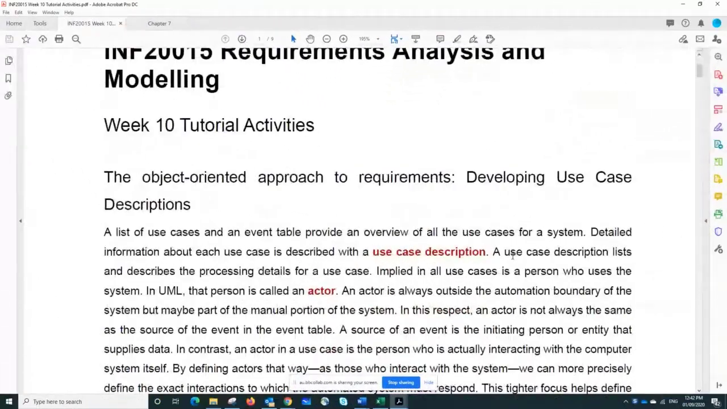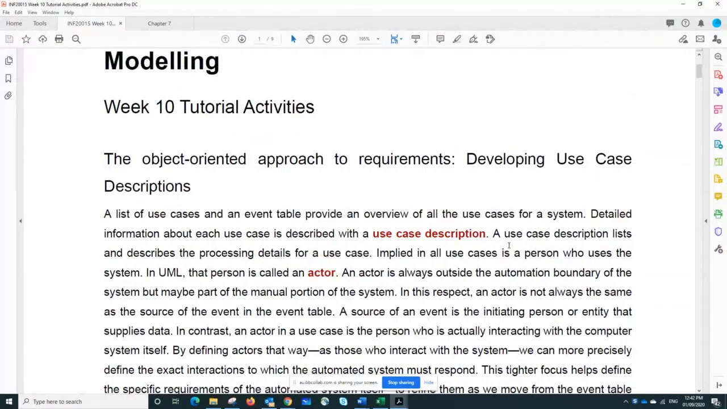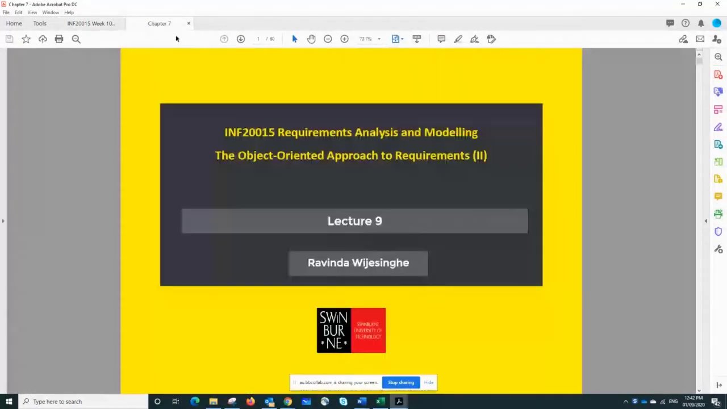So this week we are focusing on use case description. Now this is what you need to do as your project activity, based on lecture 9. If I go to lecture 9, we concluded the object-oriented approach in week